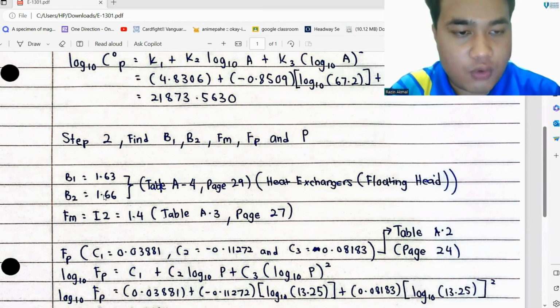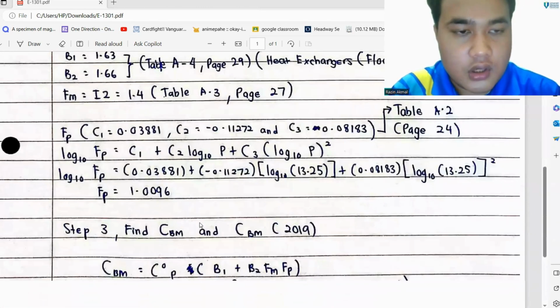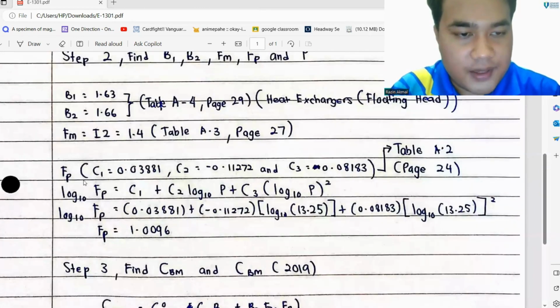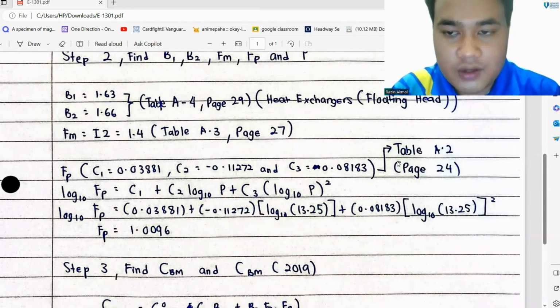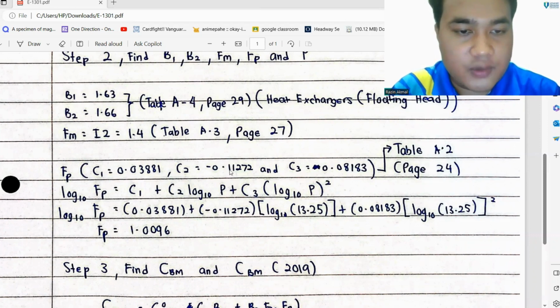So 1.63 and 1.66, and FM, with identifying number equal to 2, equals 1.4 in table A.3 on page 27 in the handbook. Lastly, FP. Before that, we need to get C1, C2, and C3 from table A.2 on page 24 in the handbook. Using the formula of FP, we get the final answer